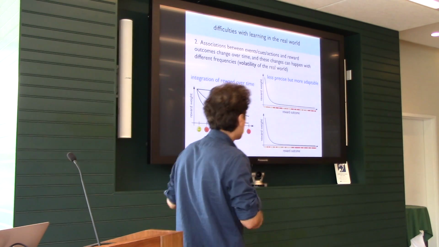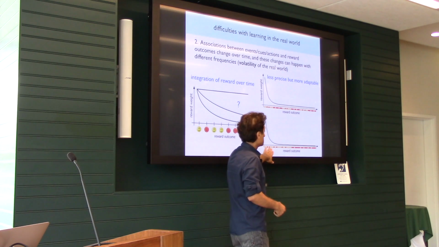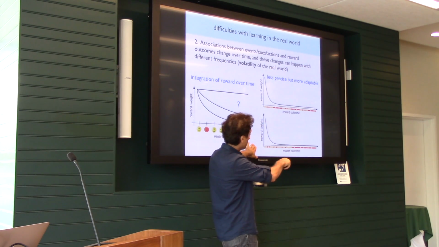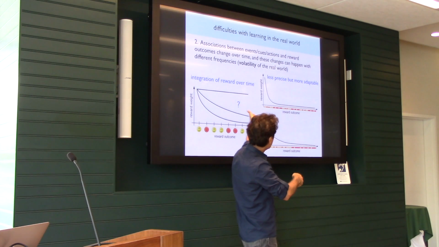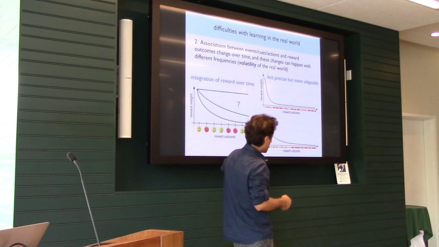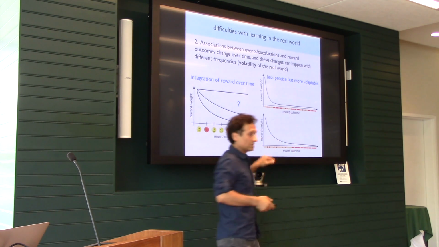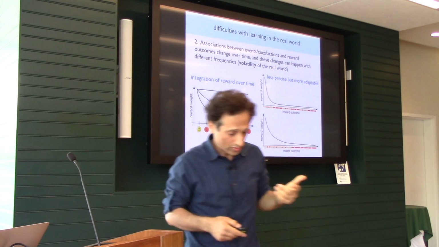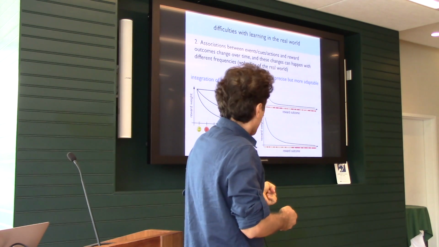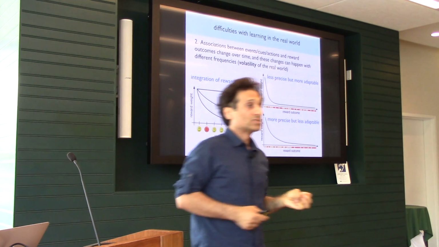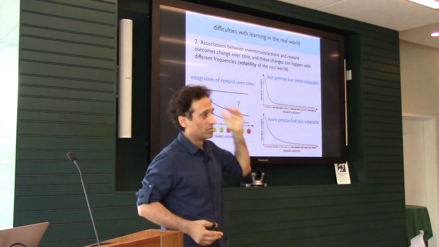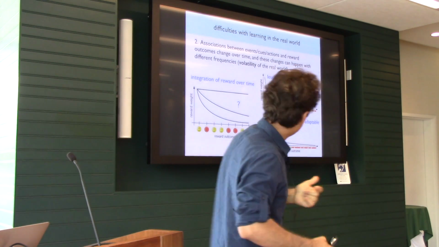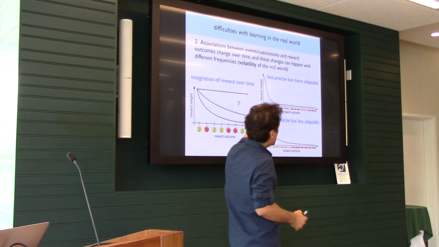So imagine now the environment is not changing so much. So something is good for a while, it was bad before that. You can actually increase your integration time so that you get a more precise estimate of what is going on based on more reward outcomes. Now you're more precise, but less adaptable. So this is really the core of the problem in learning, that you need to adjust it constantly. There is no way out of this.